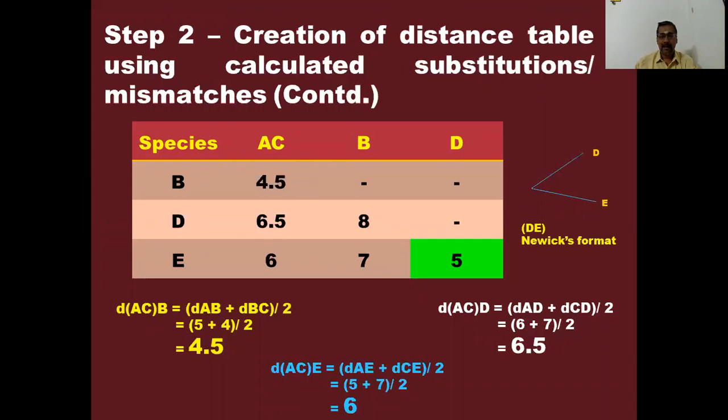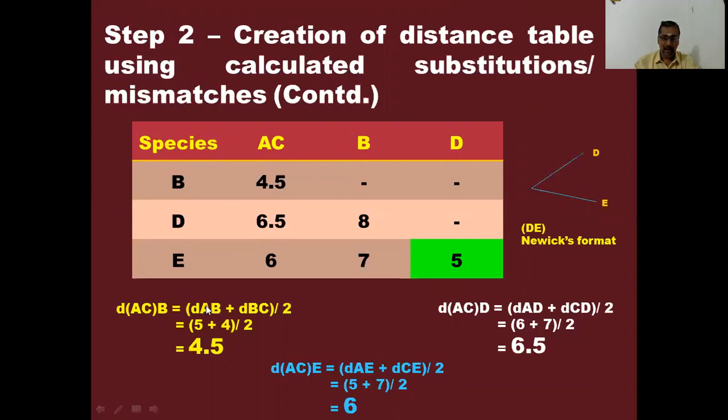Now you can see the creation of the distance table again. Now I have clustered A and C. So now what I have to find is the distance existing between B, D, E. I found that the A, C pair is very close. Now the distance existing between AC and B, AC and D, AC and E should be calculated in this stage. So how to calculate the distance between AC and B? So here I have given the model calculation. I told that this actually assumes the unweighted arithmetic average, unweighted arithmetic mean.